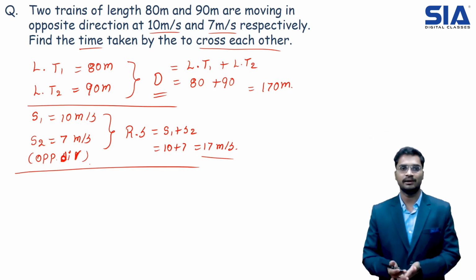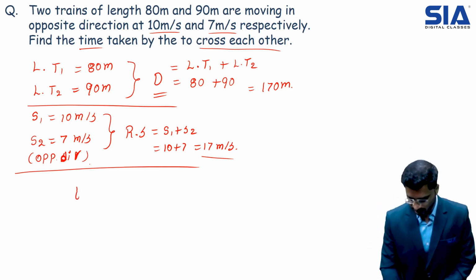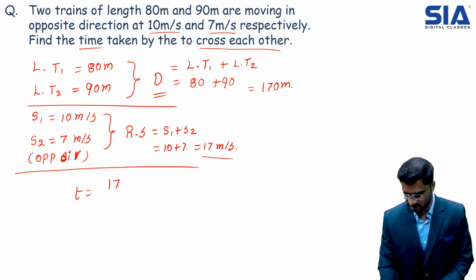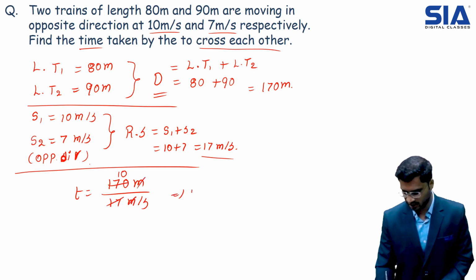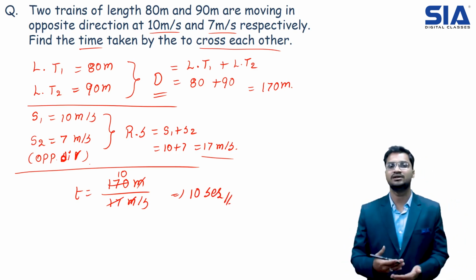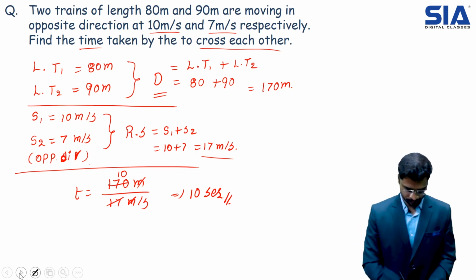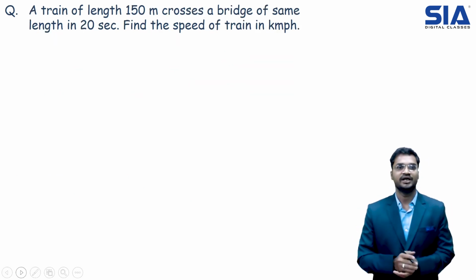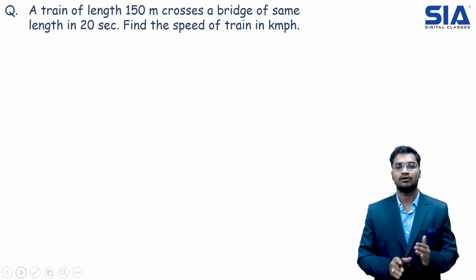So can I find the time taken? Yes, I can find the time. So time is nothing but distance upon speed, which is 170 meters by 17 meters per second. So 17 tens are 170, meter gets cancelled. So our time is 10 seconds. So the two trains will cross each other in how many seconds? 10 seconds. Okay. Now coming to the next question, which says a train of length 150 meters crosses a bridge